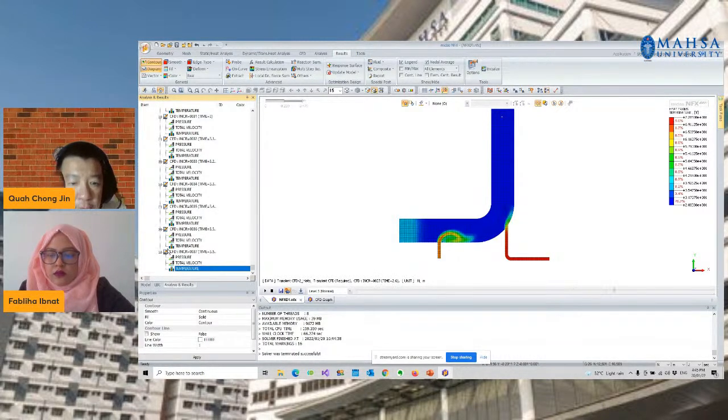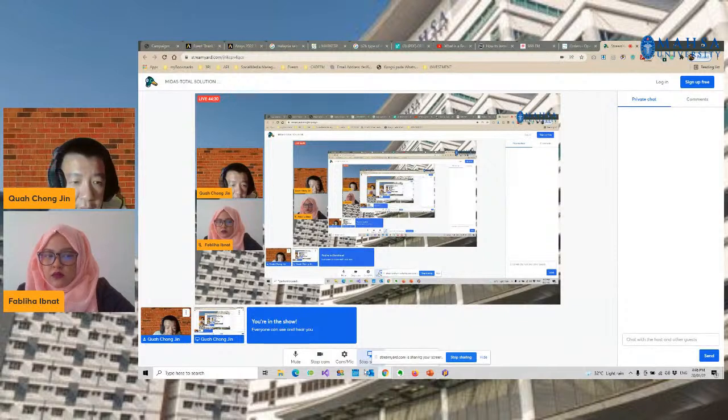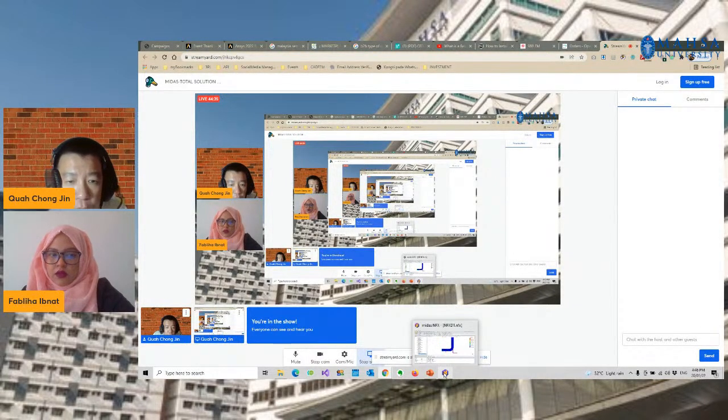Okay, I'm not sure if I will get any Q&A at the moment before I proceed to another case, which is a demonstration of how you can achieve HVAC analysis with the CFD method. So in this case, Pabriha, can I proceed with the next, or do you have any Q&A from the students? There are no questions so far in the live chat, so I think we can proceed.